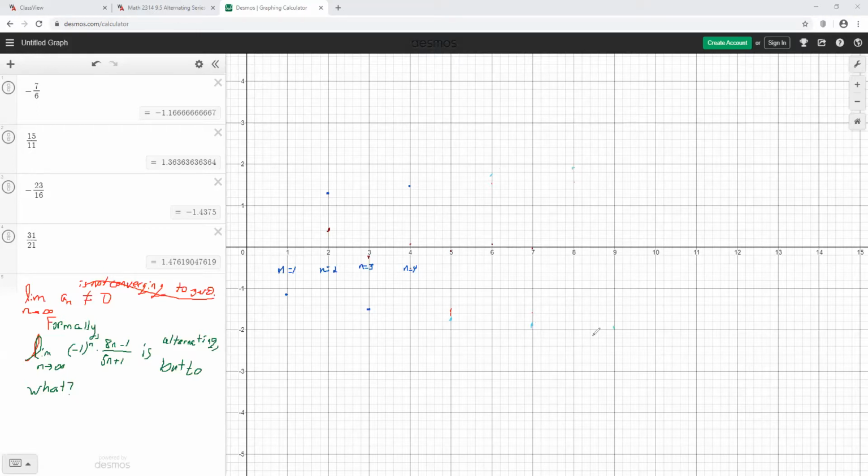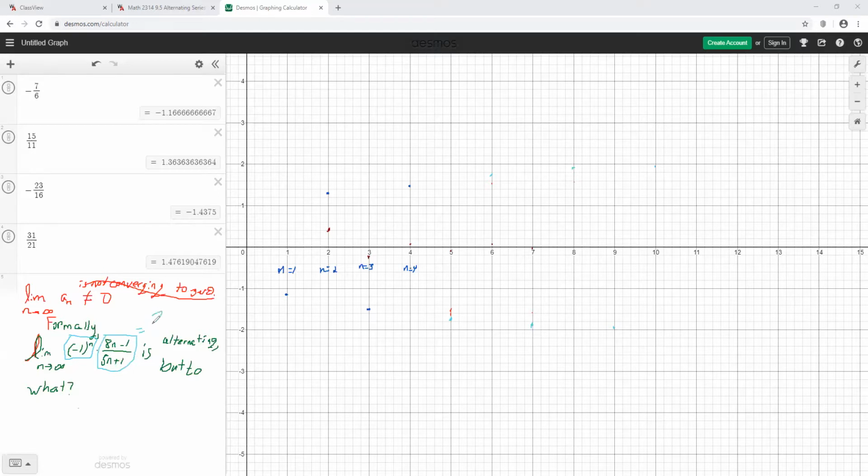They never make it to 2 and negative 2, but they're getting closer and closer. If that was going to happen, class, then when you took the limit, you ignore this part, because that's just the part that makes it negative and positive. And if you took the limit of this only,